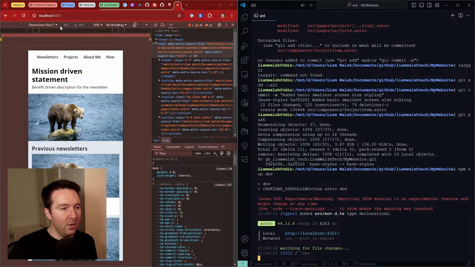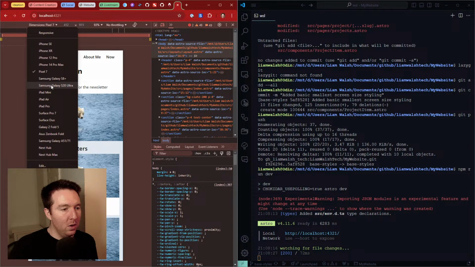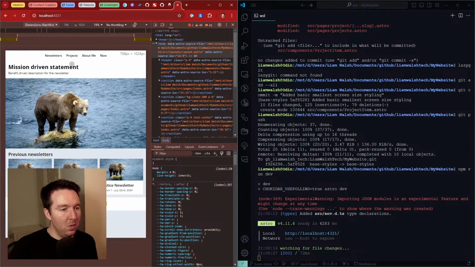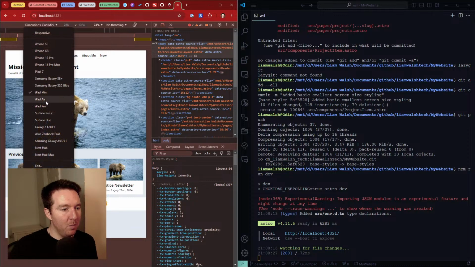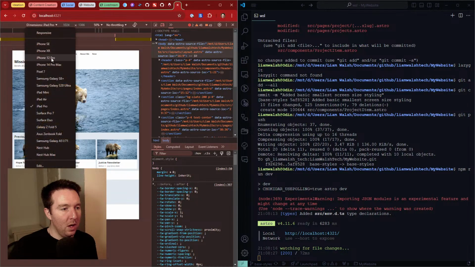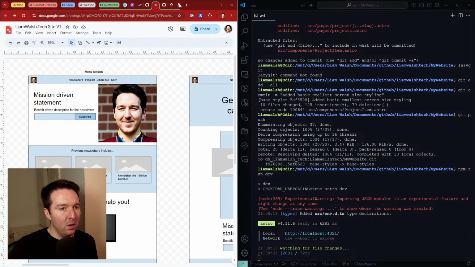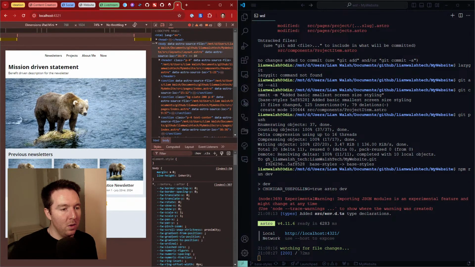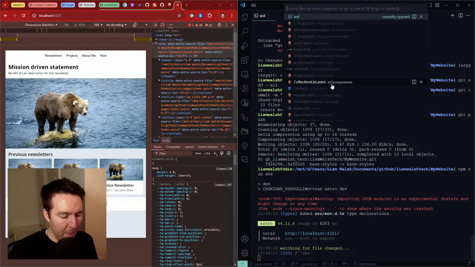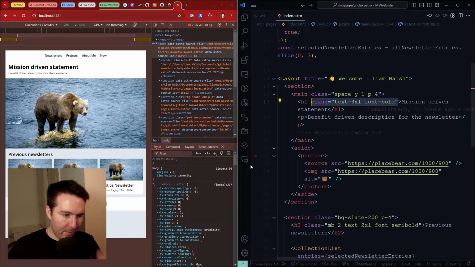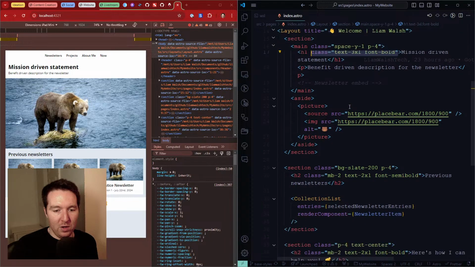So let's start looking at the next breakpoint up. It's like 640 onwards, so iPad mini, iPad Pro. iPad mini is a good place to start with this. I think it's going to be different from page to page, but